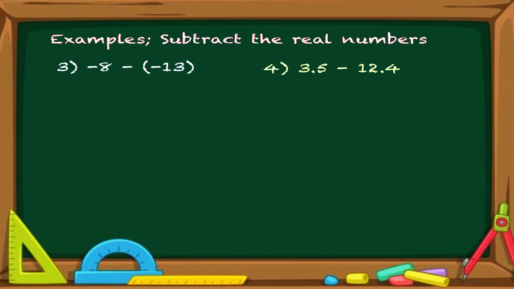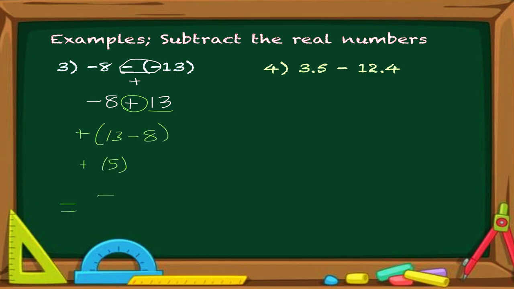For these next two examples, we're going to be subtracting the real numbers. So this time I have negative 8 minus a negative 13. So double negative is going to show positive. So what I have is negative 8 plus 13. Now in this case, my bigger number is a positive number, so it's going to be a positive 13 minus 8. 13 minus 8 is 5, so it's going to be a positive 5, and that would be my final